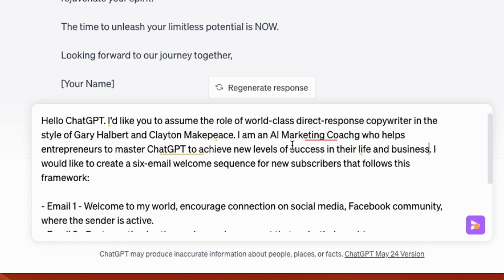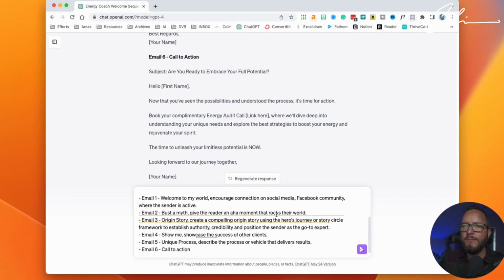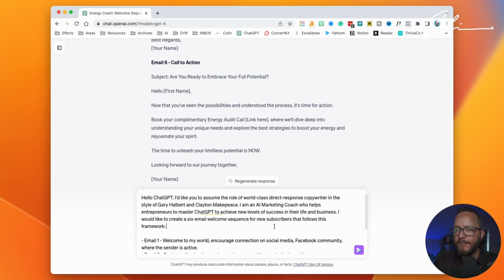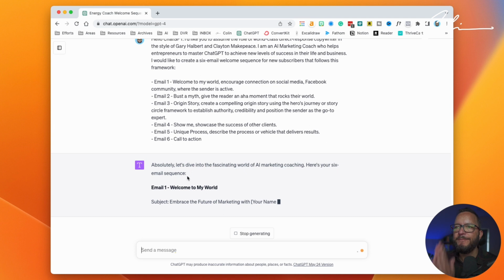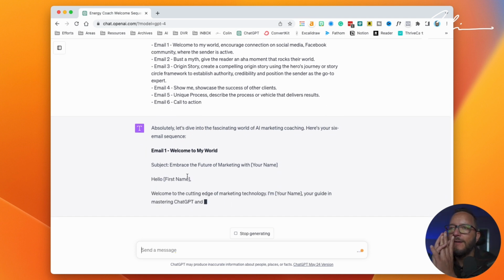So I've just put some placeholders in there. Let's hit enter. Let's allow ChatGPT to create a sequence for that.